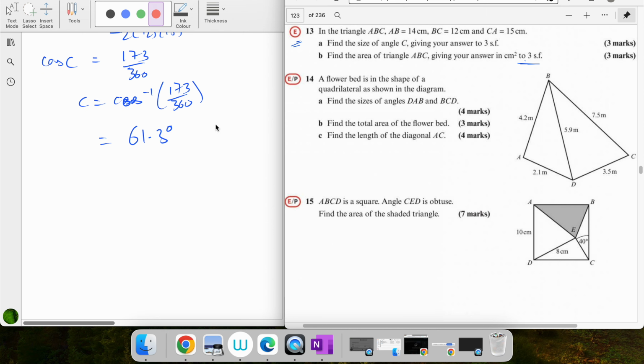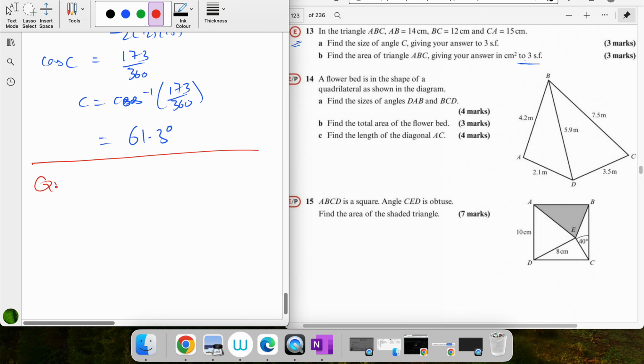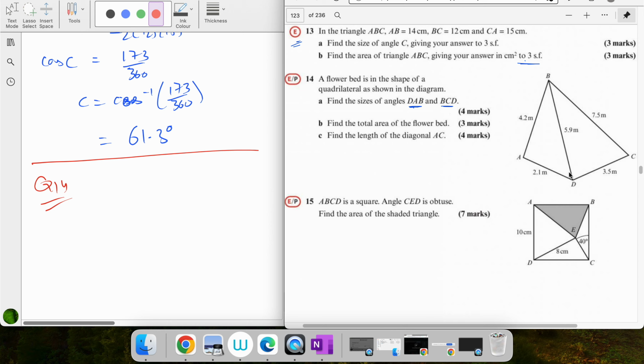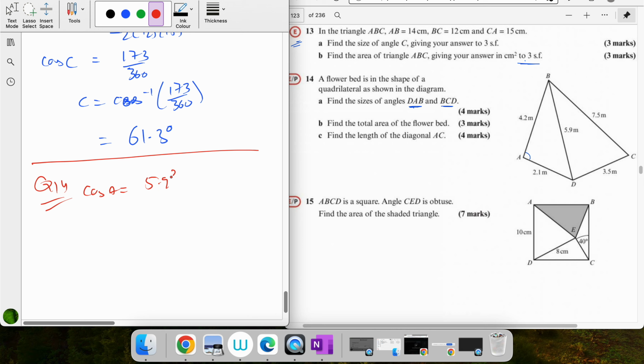Question 14. A flower bed is in the shape of a quadrilateral as shown in the diagram. Find the sizes of angle DAB and BCD. So DAB, this right here is again cos rule. So cos of A is equal to 5.9 square minus 4.2 square minus 2.1 square by minus 2 into 4.2 into 2.1. So A is equal to cos inverse of this thing,